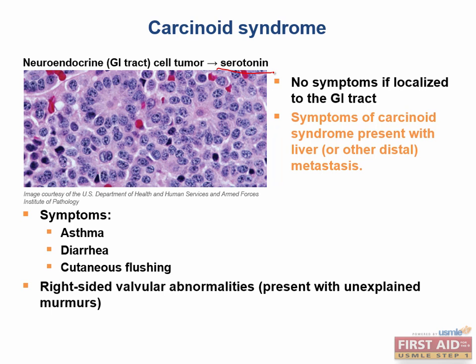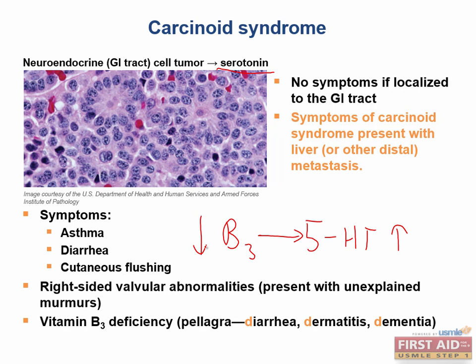Finally, carcinoid syndrome can cause a B vitamin deficiency, and if you remember which one it is, you get major points in my book. Give up? It's a pretty minor point from biochem, but serotonin is actually synthesized from vitamin B3. So, the synthesis of that much serotonin will lead to overconsumption of vitamin B3, which leads to, potentially, pellagra. Remember the 4 Ds? Diarrhea, dermatitis, dementia, death? If you got this one on your own, by the way, you can call Dr. Tao Li, the editor-in-chief of First Aid, for a personal congratulations at